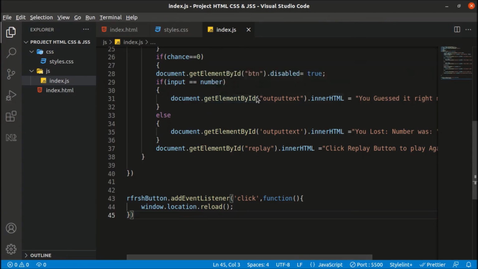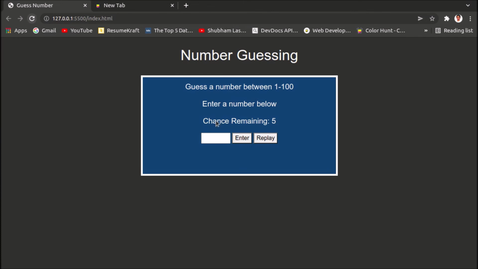So let's play it and see if there is anything wrong in it. Let me guess a number between 50, 70, 60, 67, 69. Okay, I lost, the number is 68.